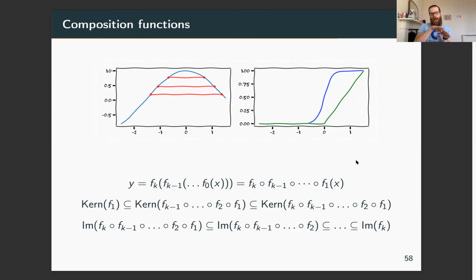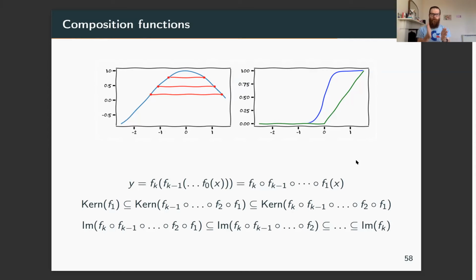Okay? So if I now put a function in a function, some interesting things happen. Because as soon as my function is non-monotonic, so the function on the left, in this function here, -1 and 1 are two different values, and they map to the same point, right? So that means those 2 points are collapsed. So that means they now go to the kernel. While the image now shrinks, because these two could have been mapped to two specifically new values.